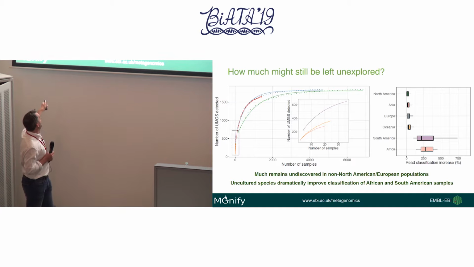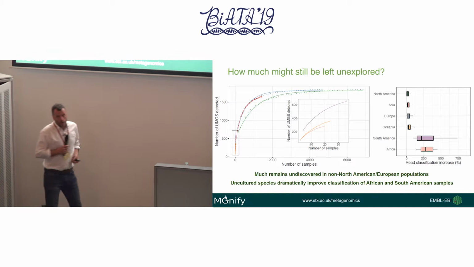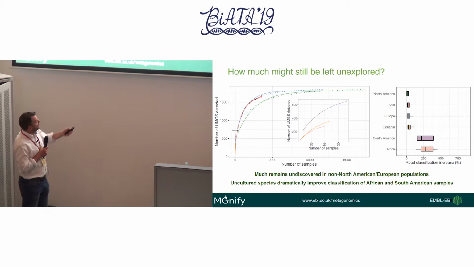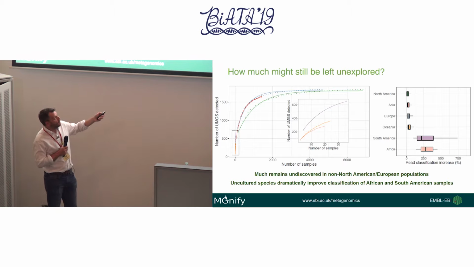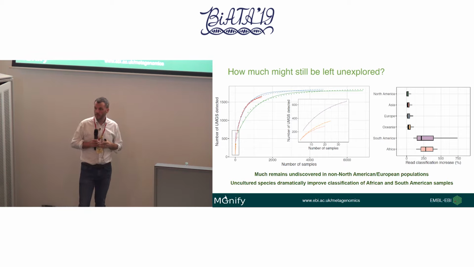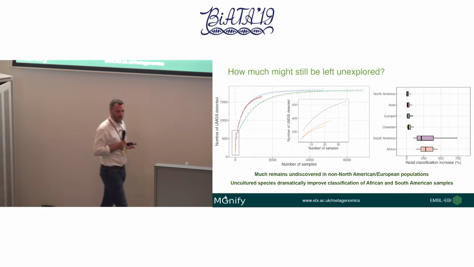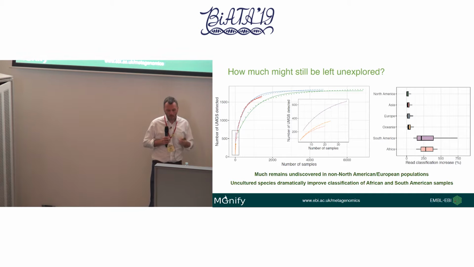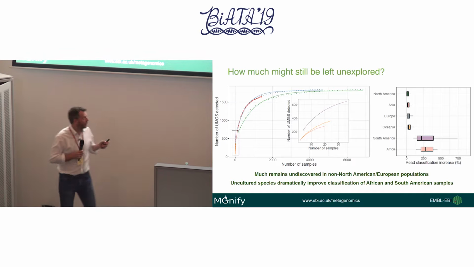We just know that we're going up very steeply, finding novel things as we add more samples in. If we look at the read mapping, and I'll come on to the details of these finer ones a little bit more, but if we just look at read mapping back to this catalogue of isolates and mags, one thing that makes a huge difference is that we've found some novel genomes from Latin America and Africa. So they definitely have a very distinctive gut microbiota compared to North America and Europe. I think we can say that quite safely.